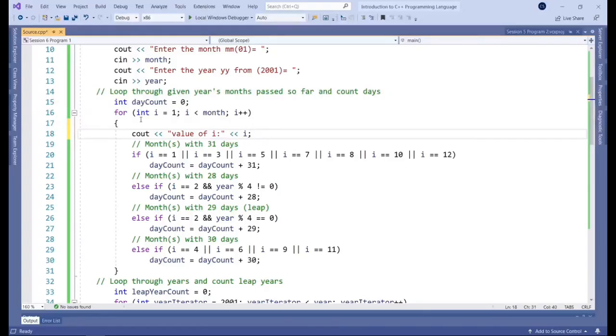So in the very beginning, that's going to be 1, then it's going to be 2, then it's 3, until it reaches a point where it goes over the month, and then that gets canceled out. So that's the first loop. And it's quite handy to do this as well if you're not getting the result you expected and you want to do some troubleshooting.